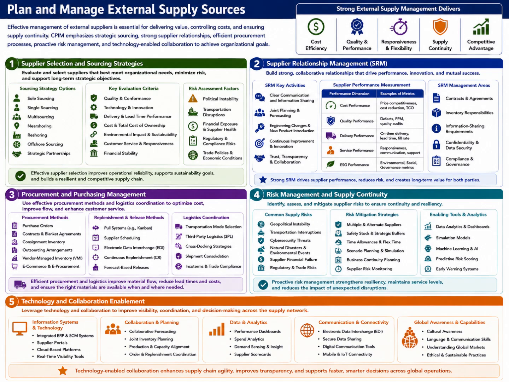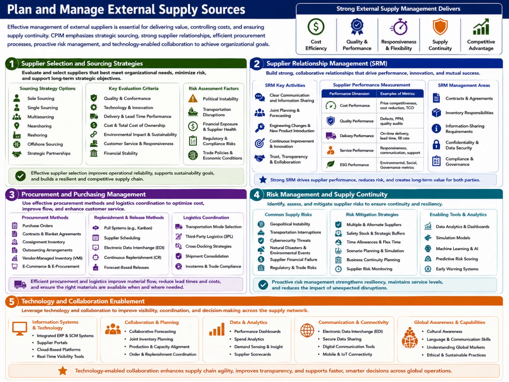Procurement and purchasing activities are central to managing external supply sources. CIPM introduces multiple procurement methods, including purchase orders, contracts, blanket agreements, consignment inventory, outsourcing arrangements, vendor-managed inventory systems, and e-commerce platforms. Organizations must also determine appropriate replenishment and release methods such as pull systems, supplier scheduling, electronic data interchange, and